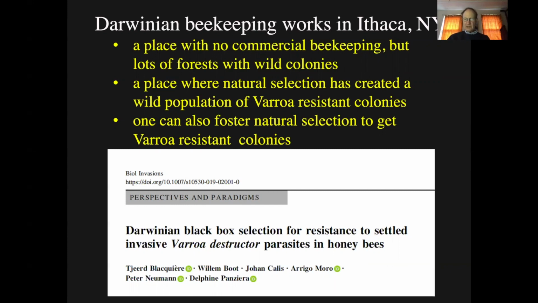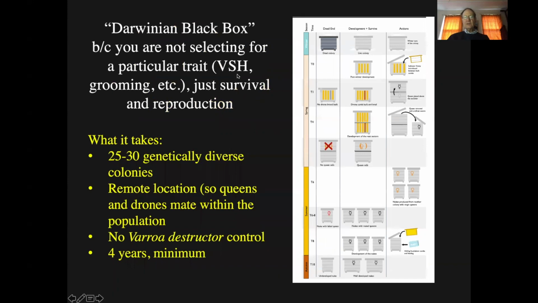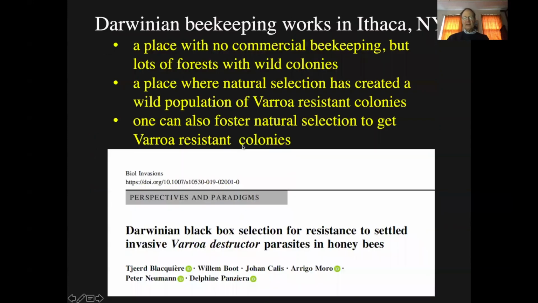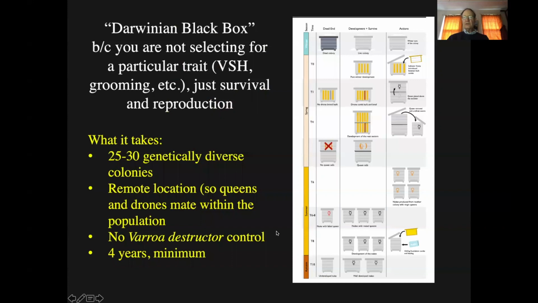And basically what they're saying is all you do is, they call it Darwinian black box because you're not sure what's going on in the colony. The colony is treated as a black box. But what you are doing is you're taking a colony and you're splitting it up. Well, I encourage you to go back to this. You would just want to Google Darwinian black box selection, and that will take you through this process. It's basically a process where you set up a bunch of colonies, you see which ones survive, which ones live. Then you split those colonies up into other colonies, make splits, set them up, and then